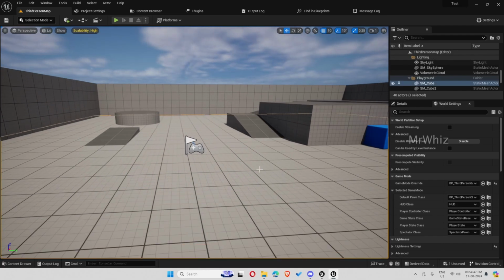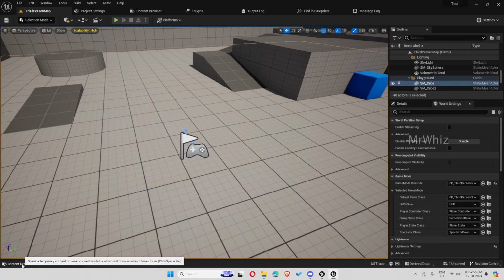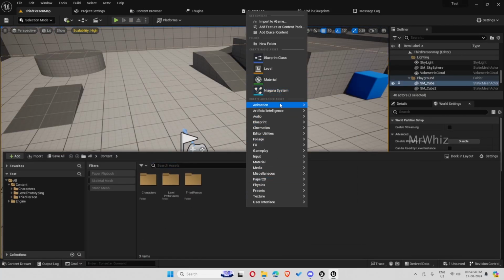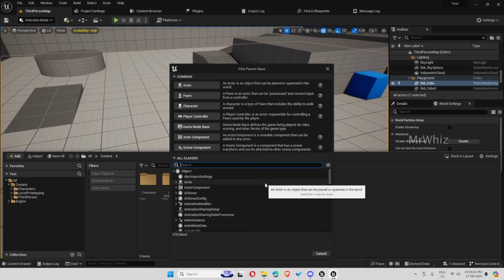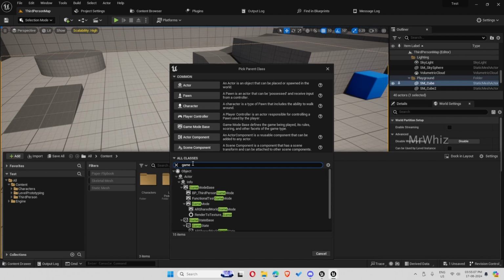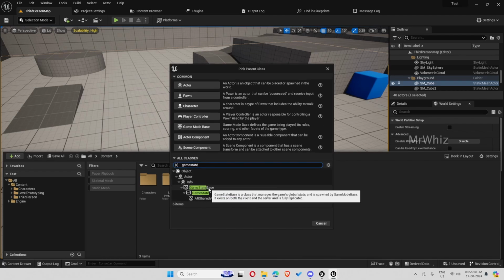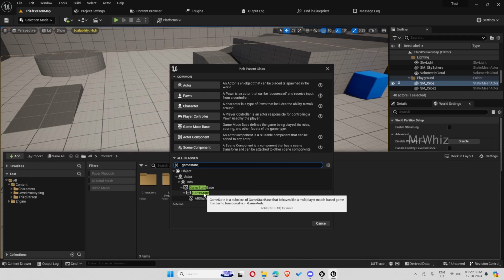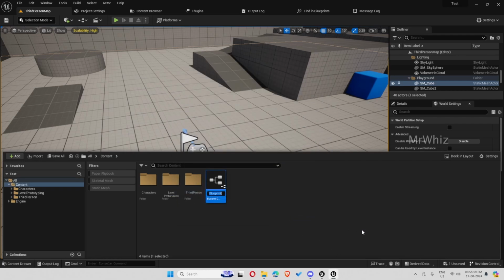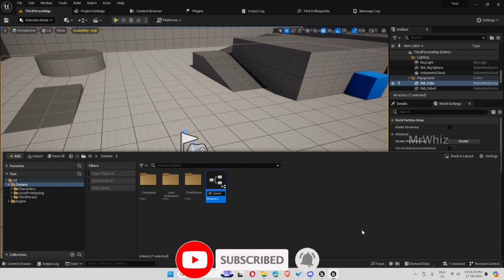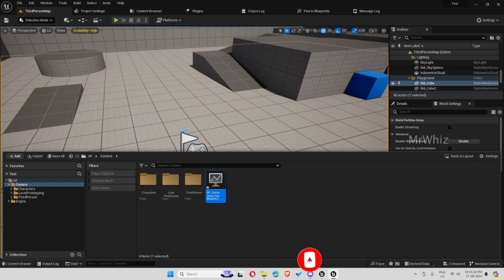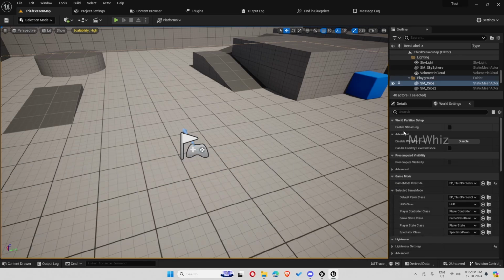So when you play this, you'll be able to control the character fine. But if you're trying to create a new game state blueprint class, this is basically when you're working on a replicated project. So game state. You'll not be choosing the game state base. You'll have to choose the game state if you're working on a multiplayer project. So I'll just create this. So when I try to assign this to my game mode,